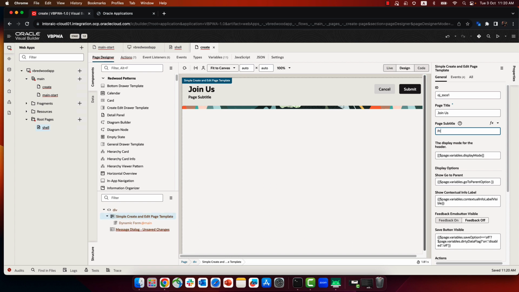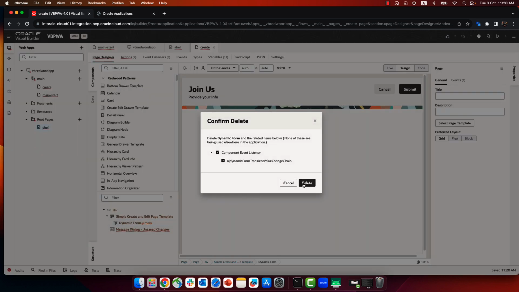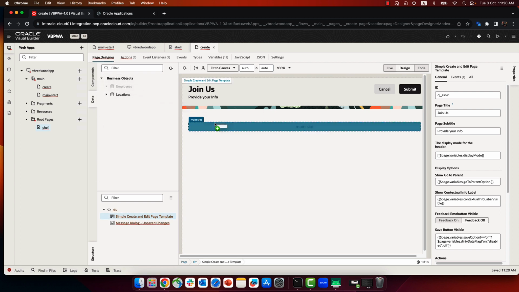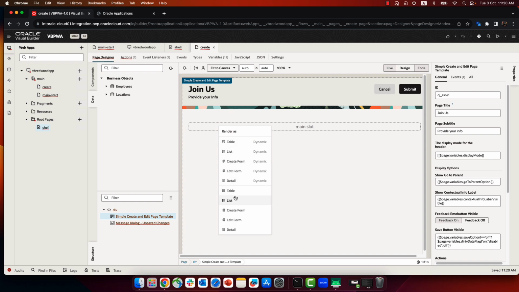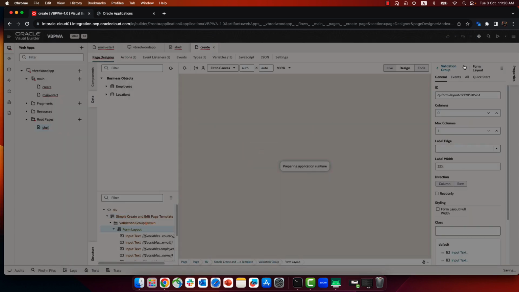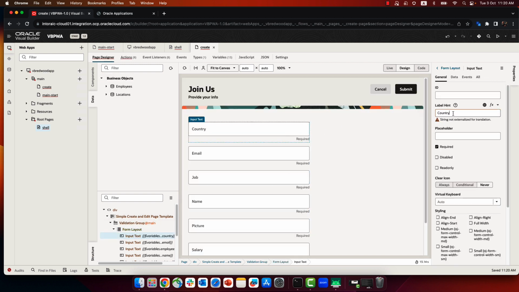So let's configure our template, providing a title and a subtitle. There's a form placeholder over here. We're going to remove it, and instead we're going to simply drag over information from a business object into our empty slot here to create a create form where we can create information about an employee. We'll switch this country field to have a title that says location,